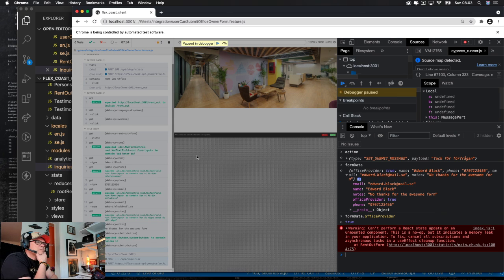But we don't want to make an update on this one, to be honest. Can't perform a React state update in null mode. I know that. Cancel all subscriptions including the user for cleanup function. Right.